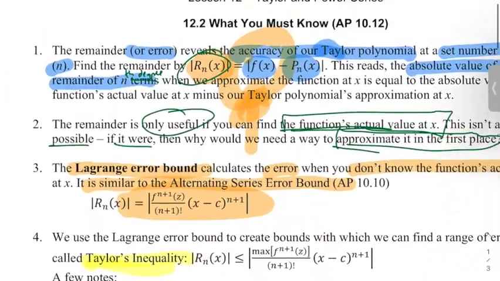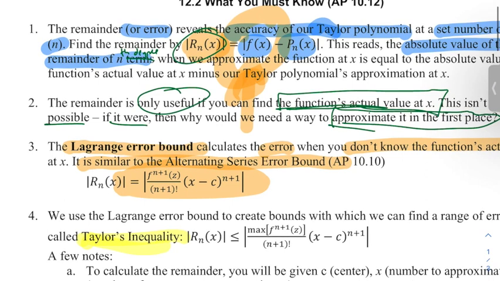All right, so an interesting topic, a weird topic, sometimes a frustrating topic, but there you go. That's AP